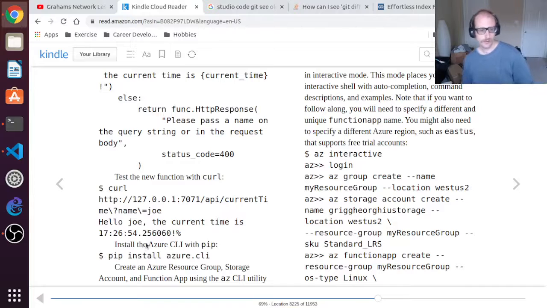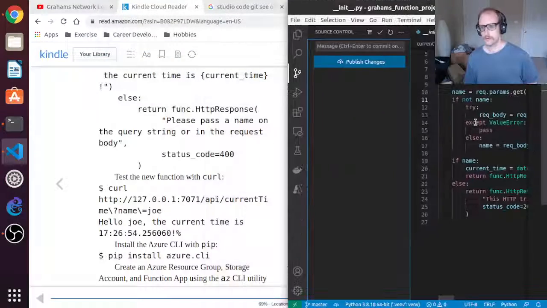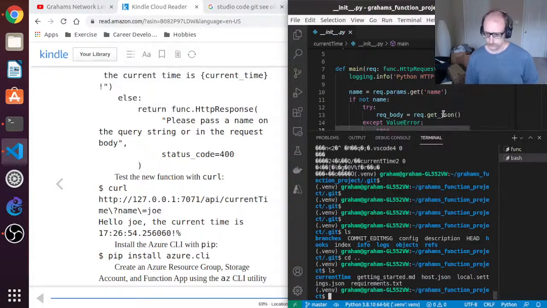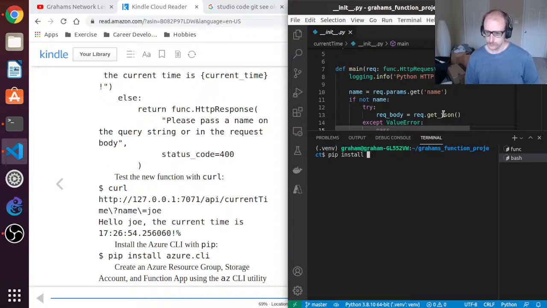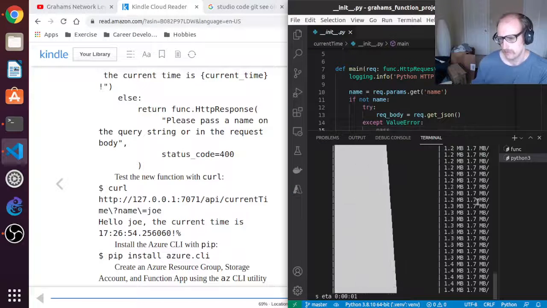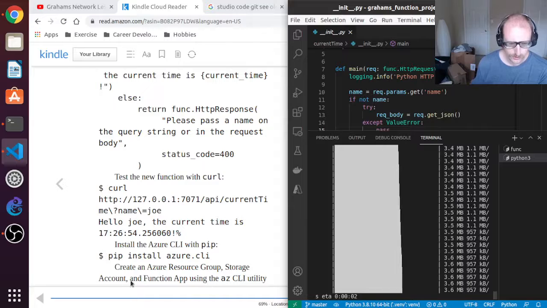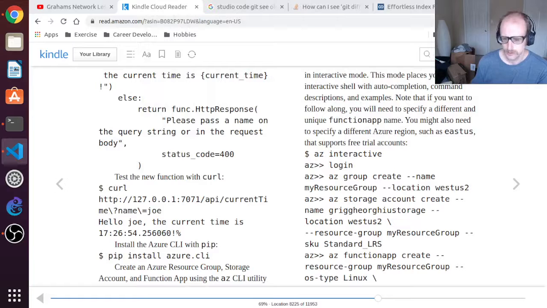So got that to work. Next step is to install Azure CLI with pip. Pip install azure-cli. There we go. Create an Azure resource group, storage account, and function app using the AZ CLI utility in interactive